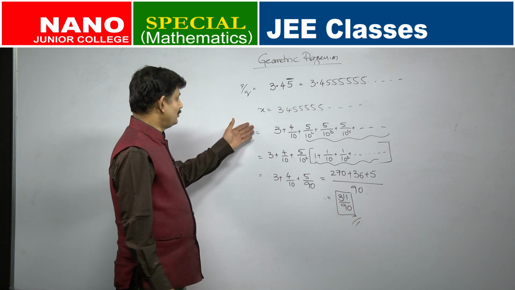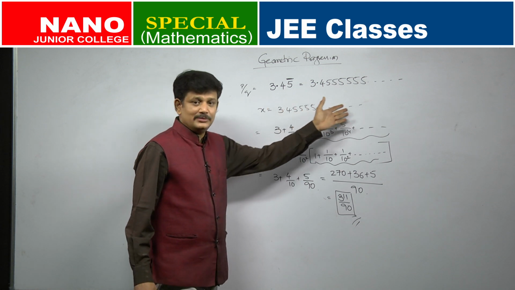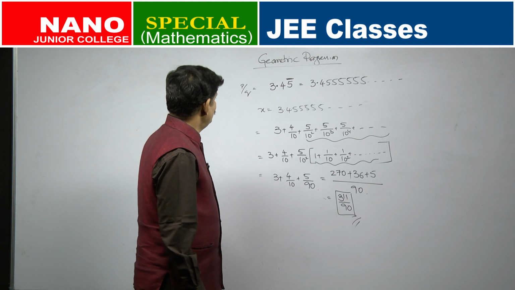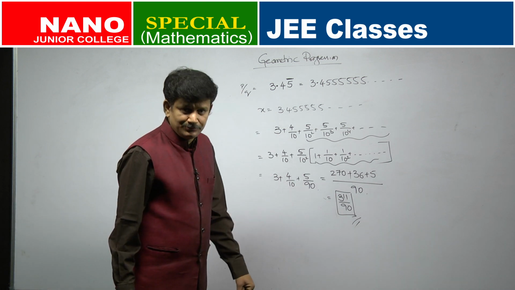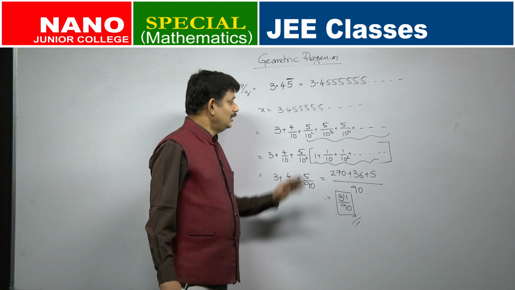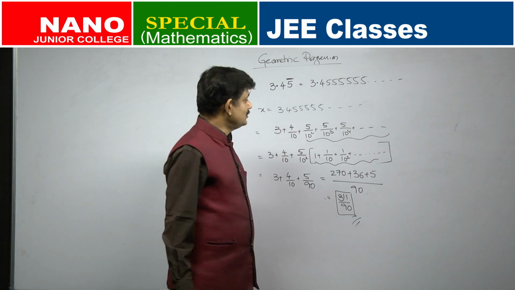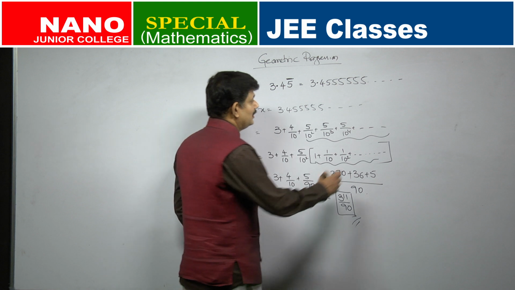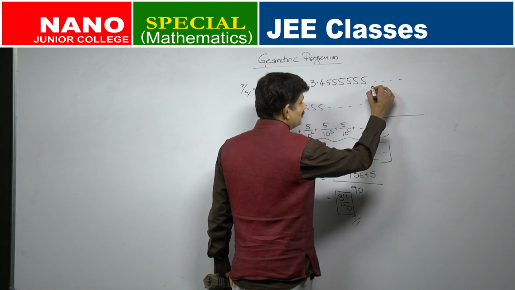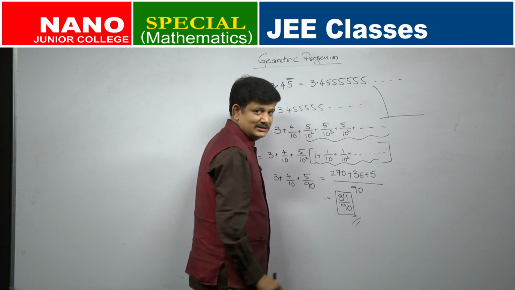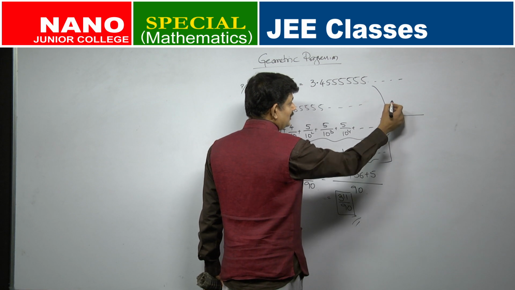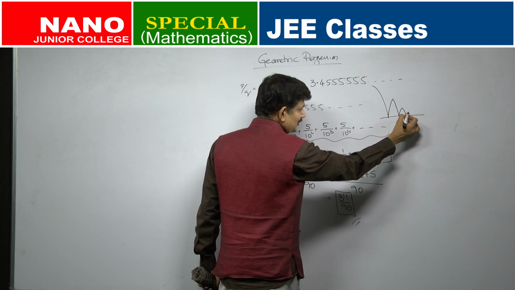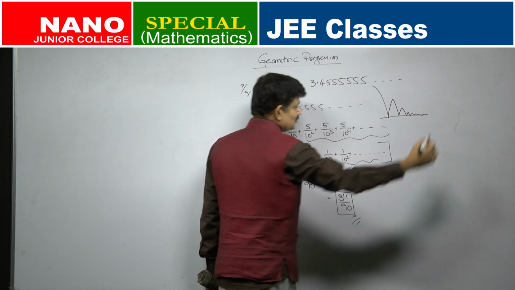So, you could have identified that these numbers are in infinite geometric progression. This infinite geometric progression has a lot of importance both in your mathematics as well as in your physics and chemistry chapters. You will get questions in kinematics and collisions, like there is a ball rebounding, it hits the ground, goes back to a certain height, comes back again, and slowly it goes to rest.